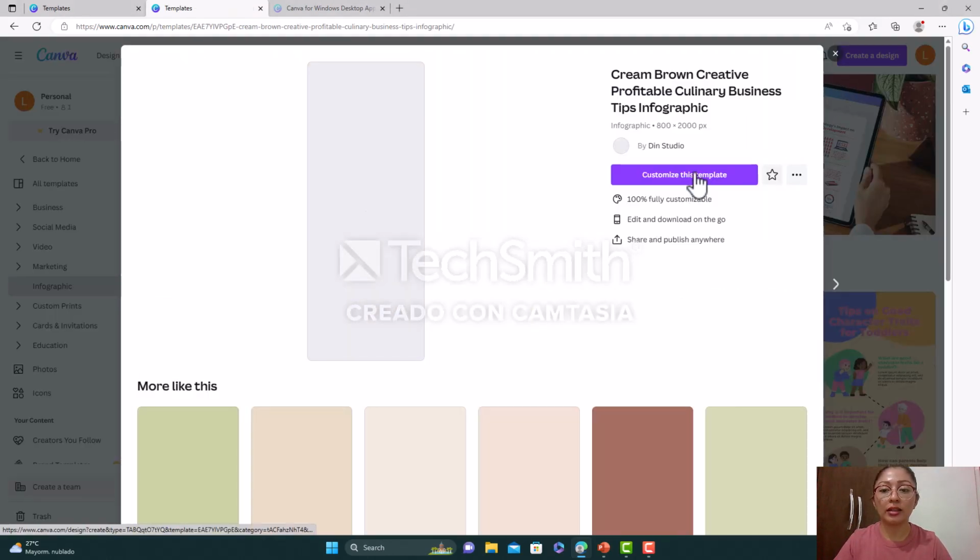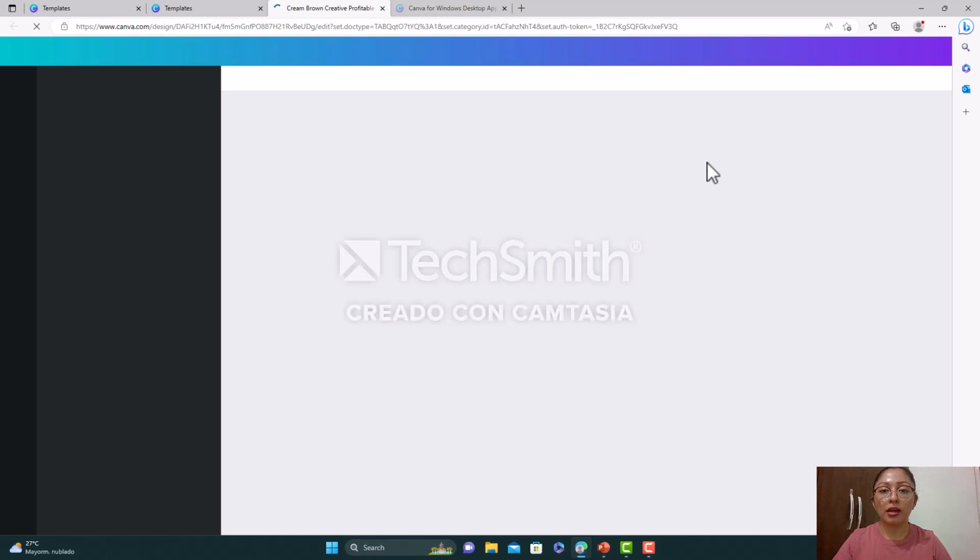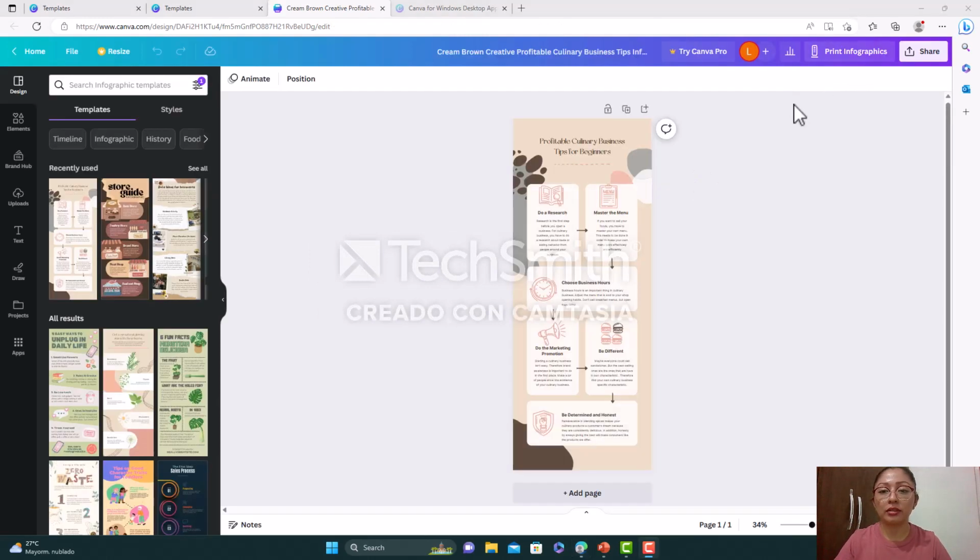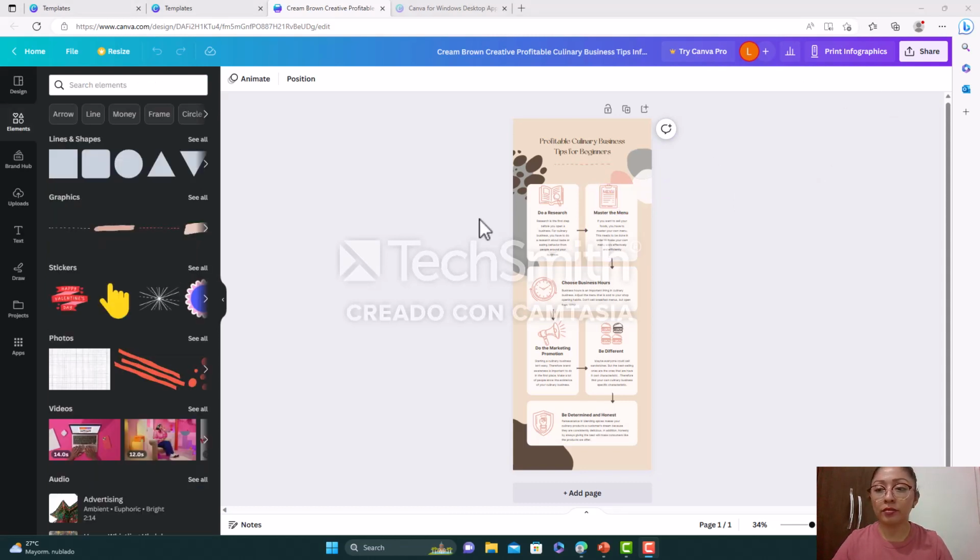At the end, it gives us the option to customize this template. And this option appears, ready to edit, and we use these other tools that it offers here as elements. And we use these stickers